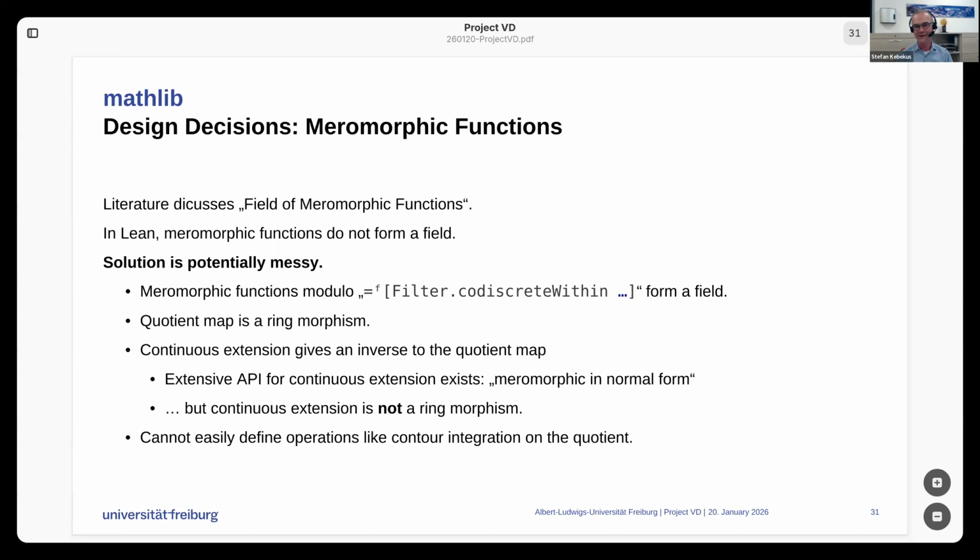So my feeling is one way or the other, it's going to be messy, and we have to live with this. And probably the only sane solution is to discuss meromorphic functions on one side and have a new notion for the quotient that is a field and where all the field theory applies. So that was one thing. In a sense, this design decision was already taken when people introduced meromorphic functions to MathLib. Maybe looking a bit into the future,